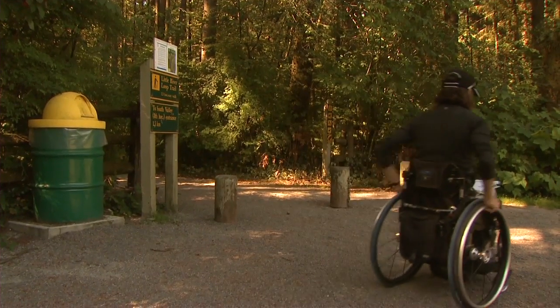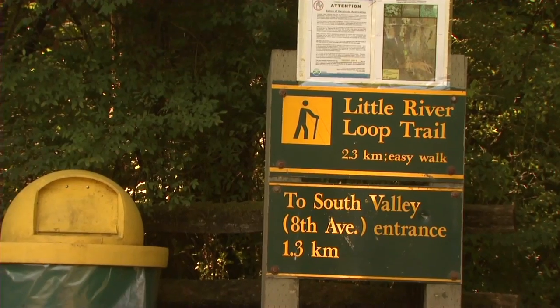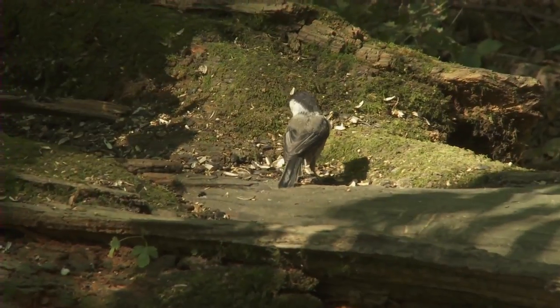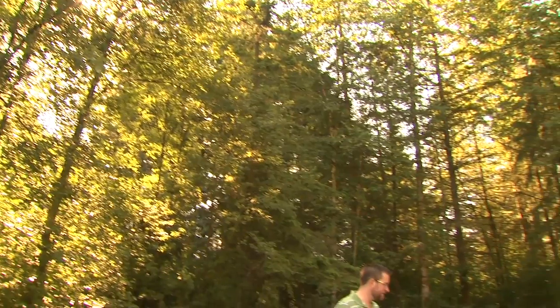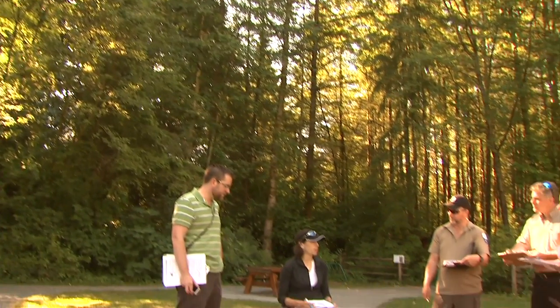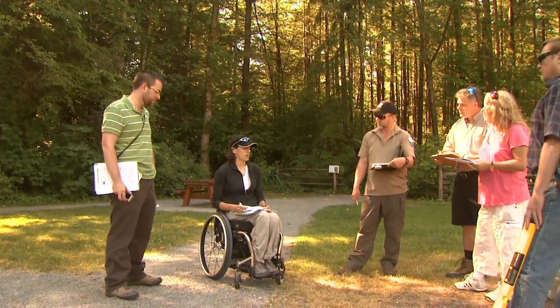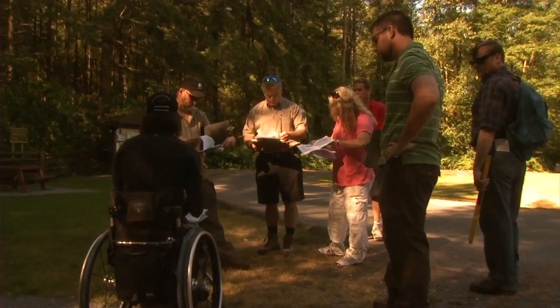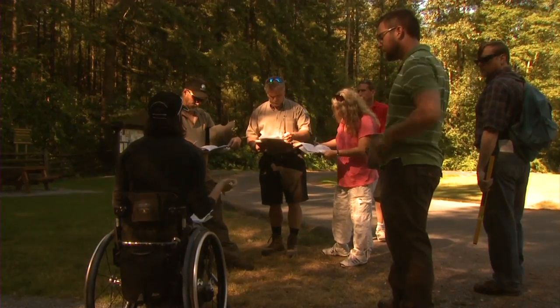Today we are doing a training session on universal accessibility audits. We identify the critical areas in the park that most people would want to use, and we want to ensure they're as accessible as possible. So the idea is to go over the Little Rock Loop Trail, and we're just going to evaluate that for